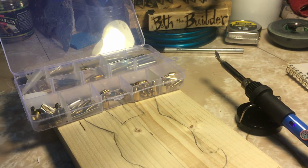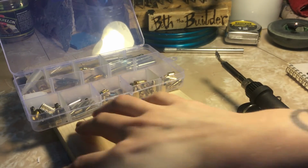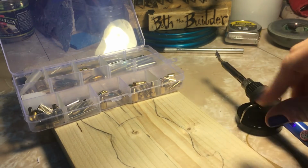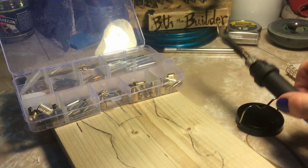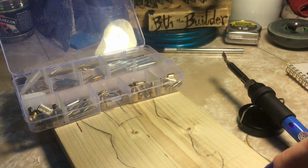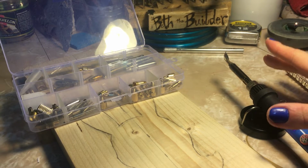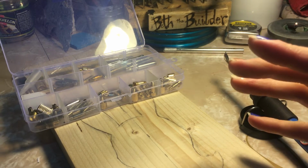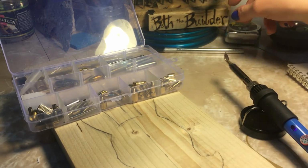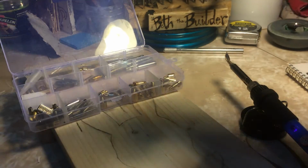And then the thing I've just learned from doing it is, I think coming from doing some carving and stuff like that and trying to get into that, I want to use a lot of pressure with it. I just really want to get in there and burn the heck out of it. And really that's not the thing to do. Let the heat do the work, not your muscles. And that was something that I just had to learn. I want to push down because that's kind of what you end up doing in